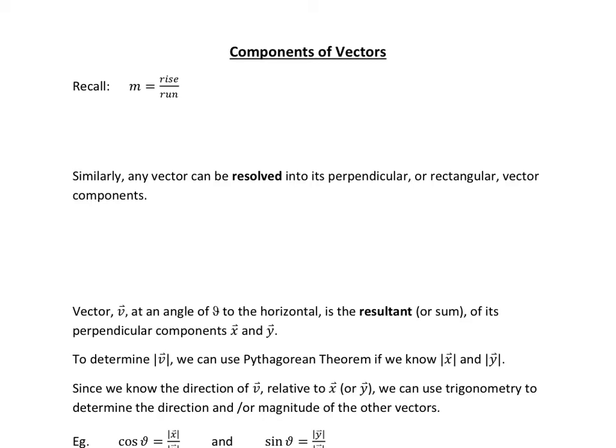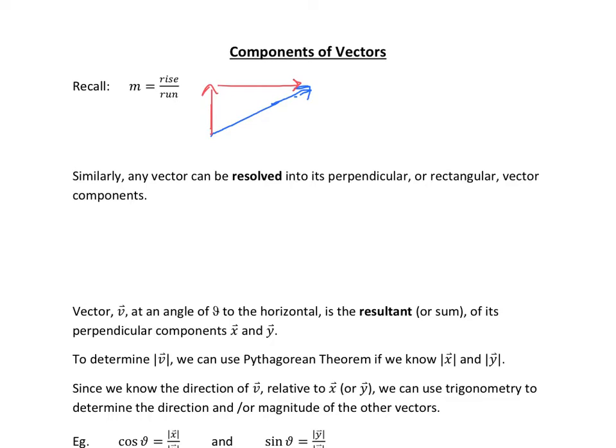All vectors have vertical and horizontal components. So just to introduce you to that sort of idea, I want you to think back to when you studied slope. When we were finding, say, the slope of a line segment, we found that by looking at both the rise and the run of that line segment. So slope has two components, rise and run. And similarly,